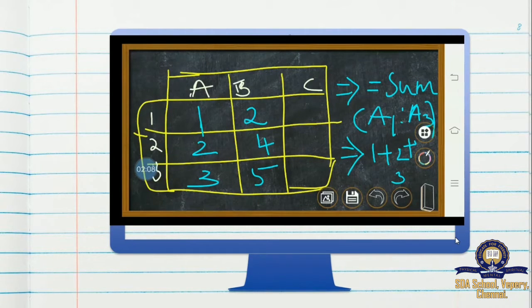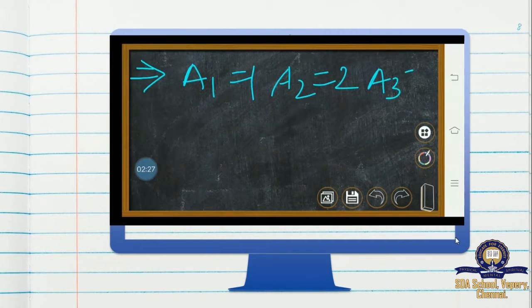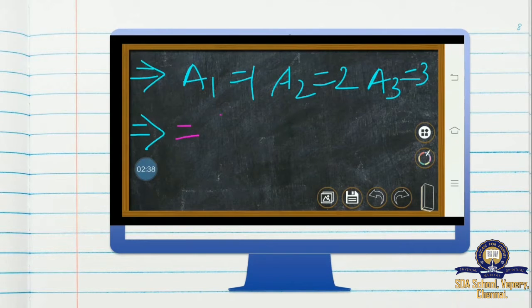So what will be the value of A1 here? A1 is equal to 1. We are going to add A1, A2, A3, right? So A2 is equal to 2, A3 is equal to 3. I'm going to add all the 3 cells. Now what will be the value for me? I'm changing the color so that it will be easy for you to identify the formula.